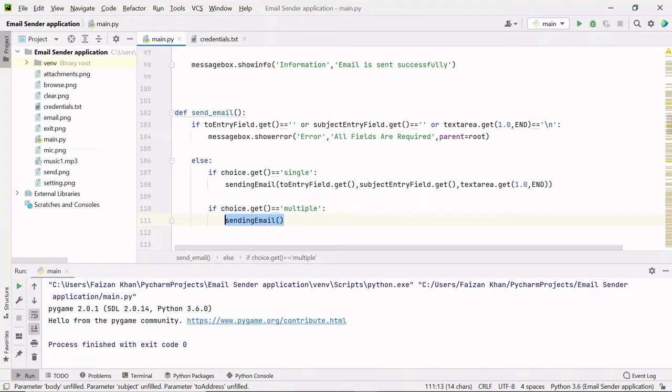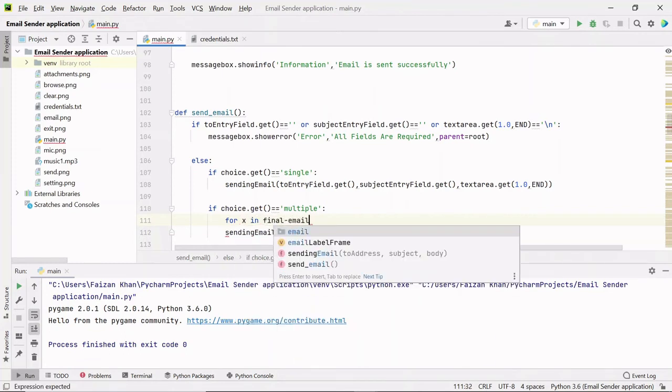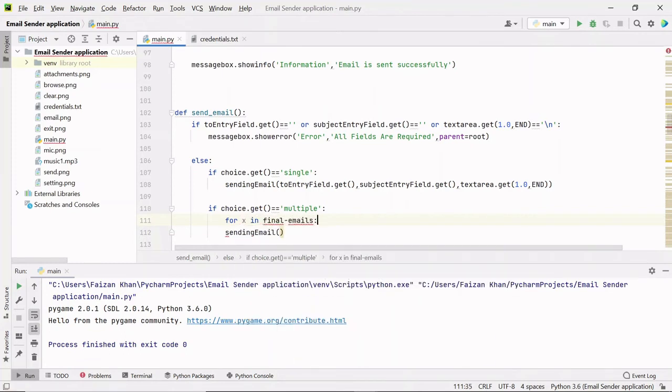So before calling the sending email function, firstly I'll use a loop here, for x in final emails. So inside this x variable we will have one by one all the email addresses which are inside this final emails list. So when the loop will run for the first time, inside this x variable we will have our first email address, right?